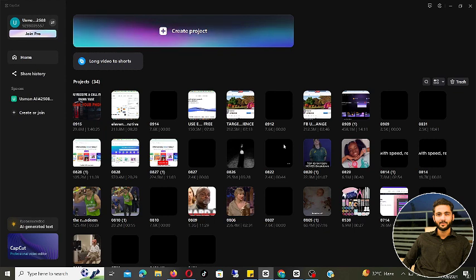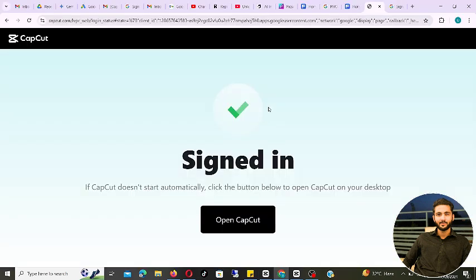You will click that, install that on your PC, and then an app will open on your PC. If you want to use the browser version, then you can keep using it here, but I have installed this app, so this app will be installed from the same browser, that is CapCut.com, the same website you will sign